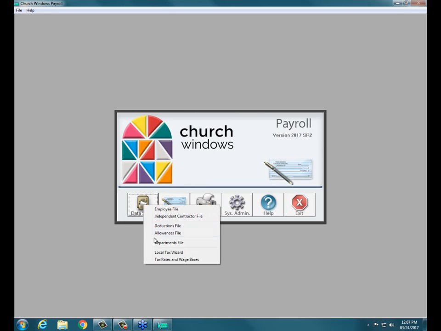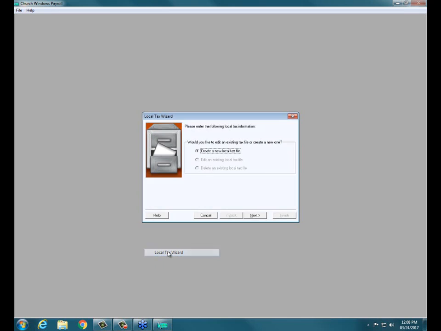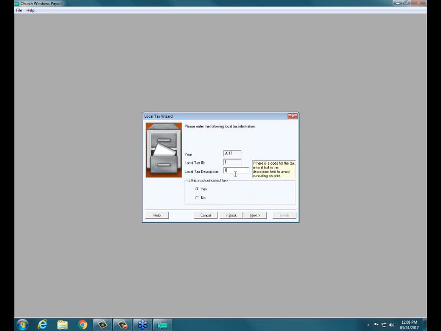When we go back to data setup, we're going to go to our local tax wizard. Now, we like to explain that the local tax wizard in Church Windows is necessary because there are simply too many local taxing authorities nationwide for us to wait for all that information from all the possible areas and municipalities to be able to put that in there. But what we have determined from local taxes is, when we go to that local tax wizard, we're going to create a new one, and we're going to call this test,